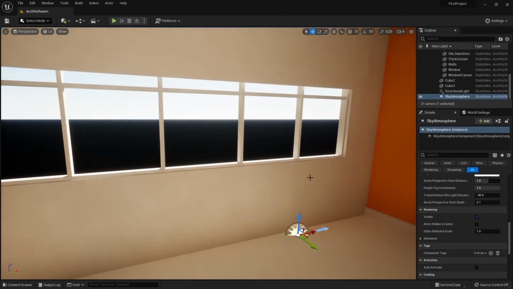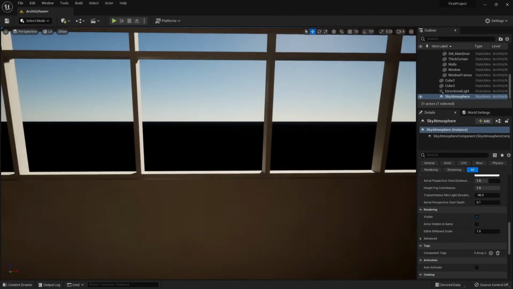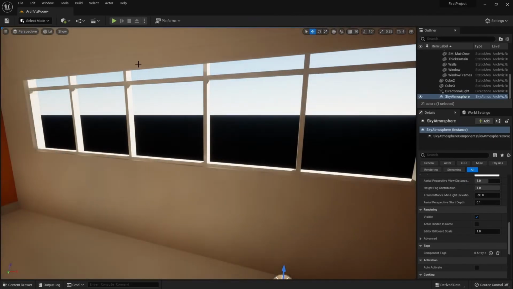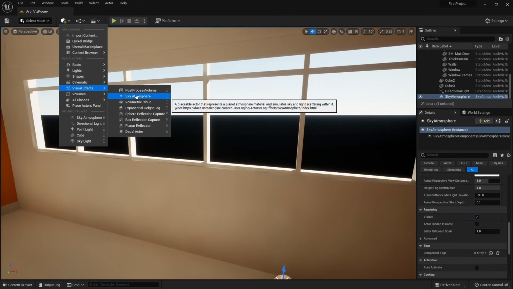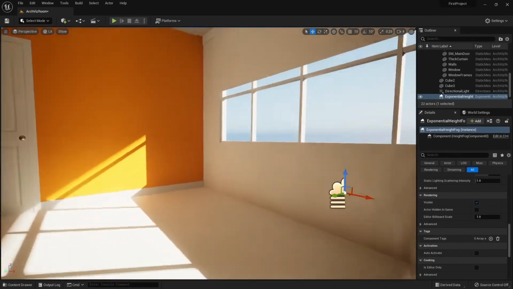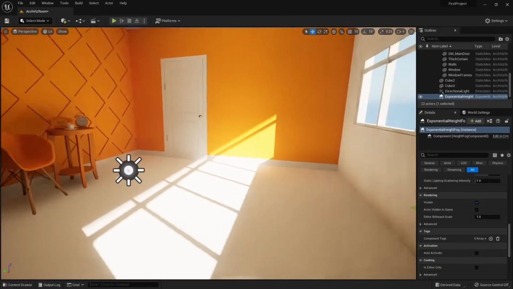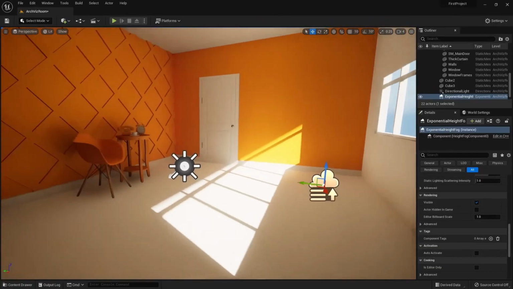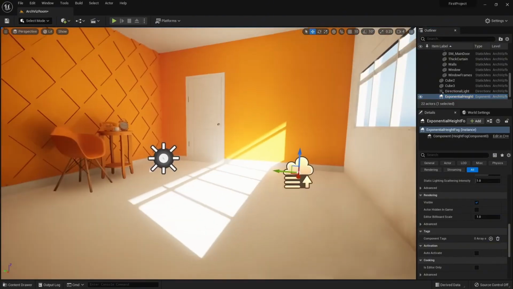So drag that in. But half of our world, the bottom half, is still a black void. We can hide that black void with fog. So come back up to Add, Visual Effects, and below Sky and Atmosphere, we have Exponential Height Fog. Simply drag that in. And now if we look outside the window, all we see is sky, which is what I want. But there is a little bit of an issue, and that is if we hide and unhide the Exponential Height Fog, we can see that there is a little bit of fog inside of our room,